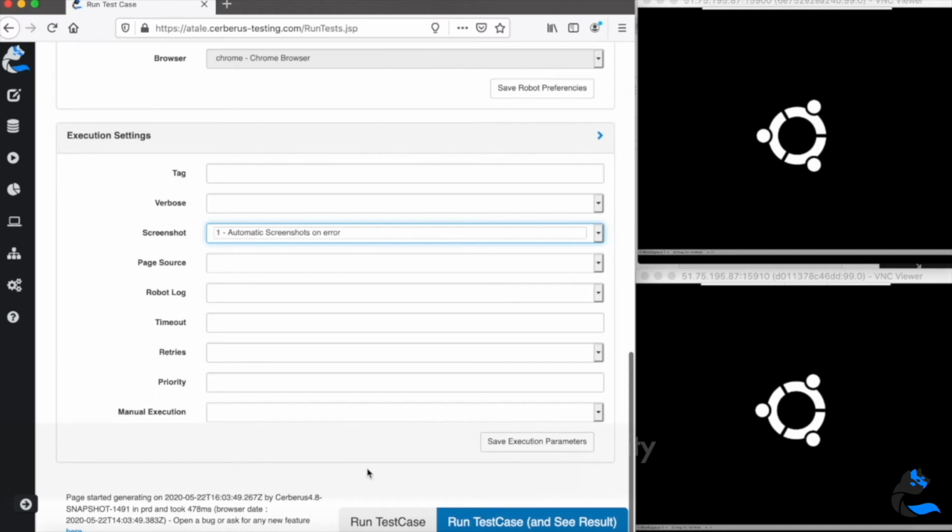Sometimes it happens, for example with batch systems or end-to-end tests, when you have various systems that need to perform asynchronously and you need to wait for one test to execute before the other. And as you see in the last parameter, there is an option for manual execution: you can decide to have hybrid automated and manual tests, or only manual tests in Cerberus, and then the person will need to say whether the different actions and controls are working fine.